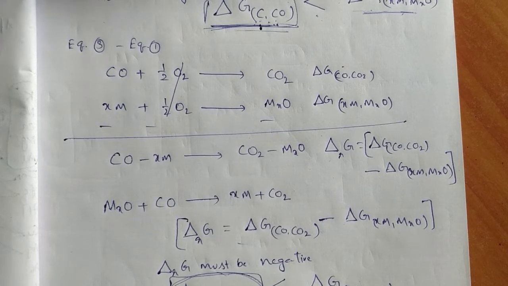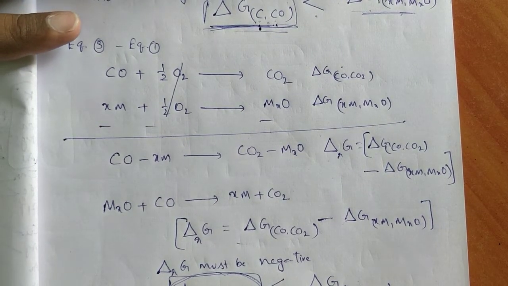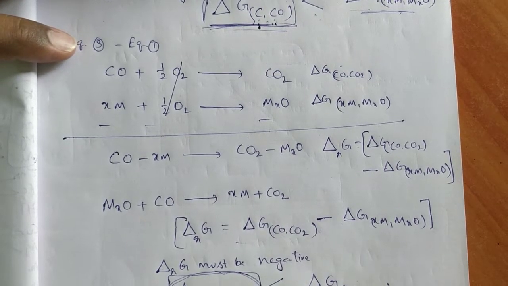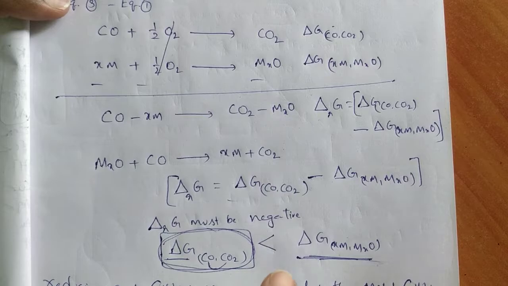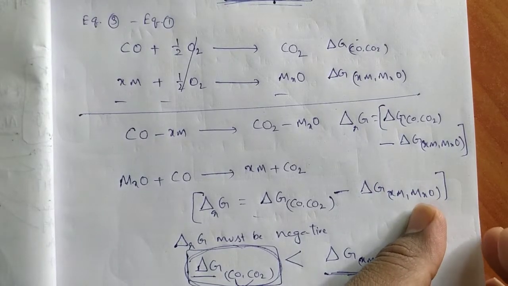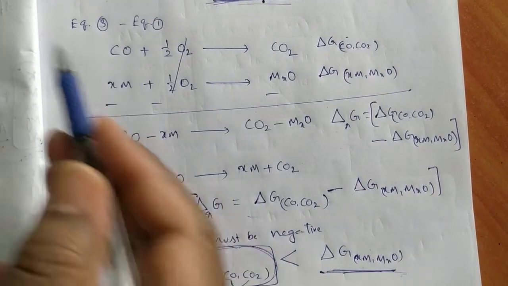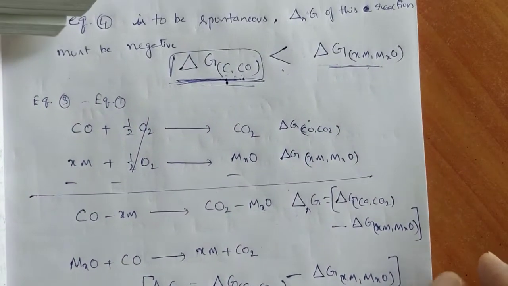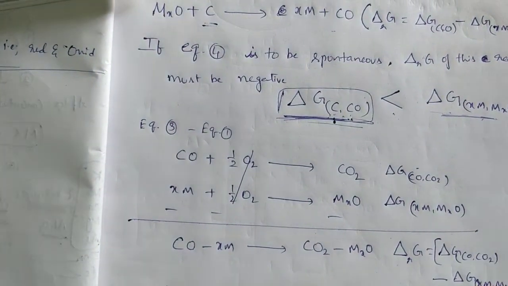But before that, till now whatever has been explained, I hope you are clear. If you want to select any reducing agent, that reducing agent's delta G value must be lower than the delta G of the metal. That is our conclusion. According to that only we worked with the Ellingham diagram. That point we got from combining these equations. Till now I explained. Okay, ma? I hope you are clear up to this also.